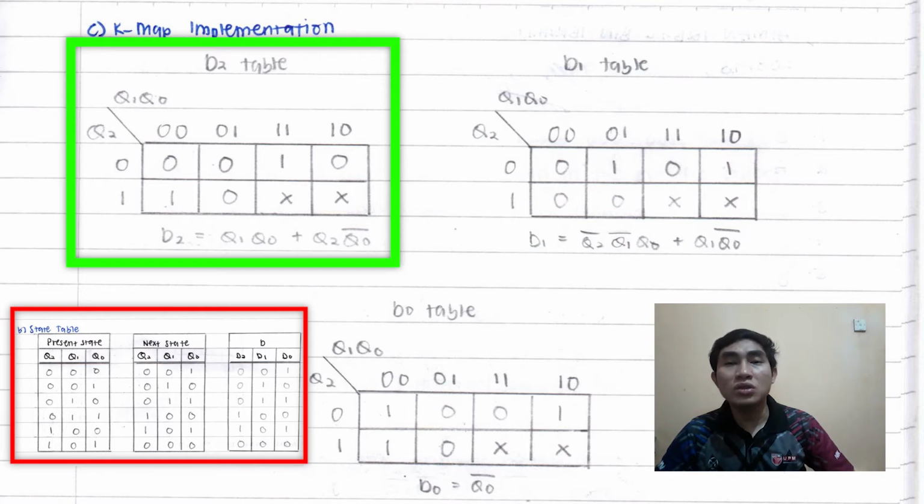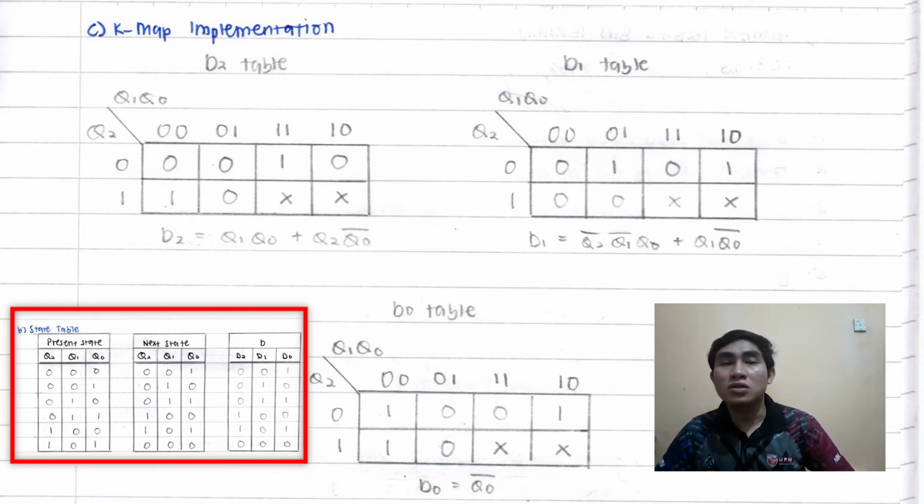So now we have already filled the K-map, and we just have to search for the function of D2. The function of D2 will be Q1 Q0 plus Q2 Q0 bar. So now we have the D2 function, and we move on to